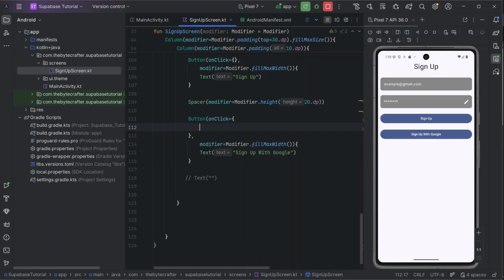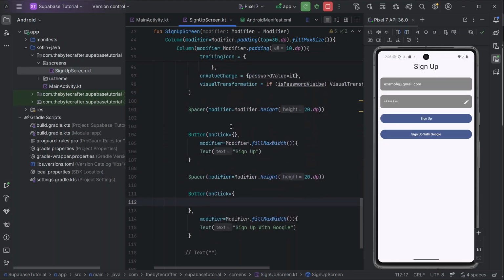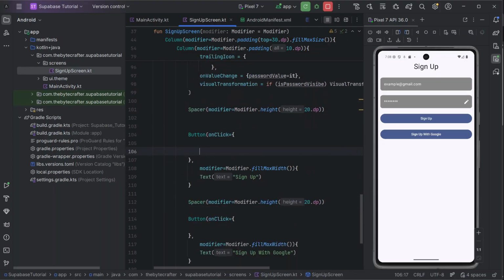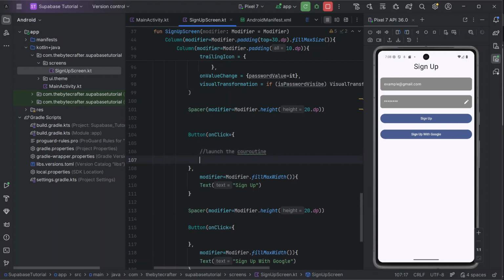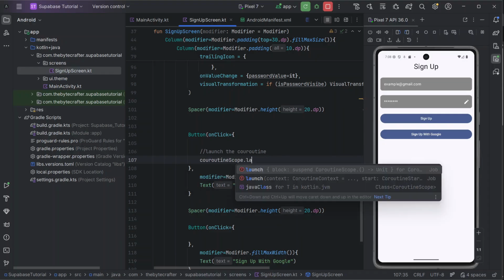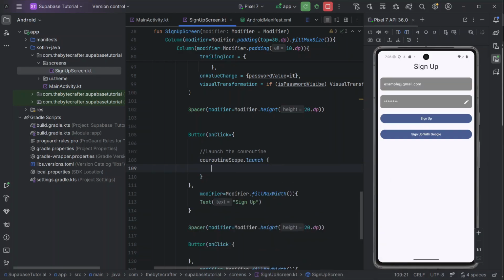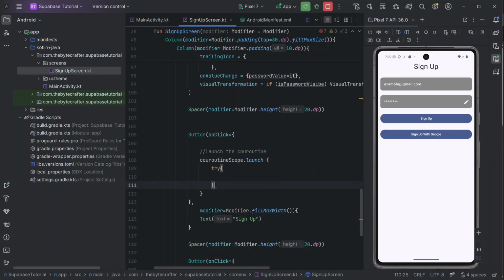Then here, let us start with sign up because it's the easiest. So here we'll launch the coroutine. So I'm going to have the coroutineScope, in this case .launch. So I'm going to have a try catch block. So I'm going to catch e, that is an exception,